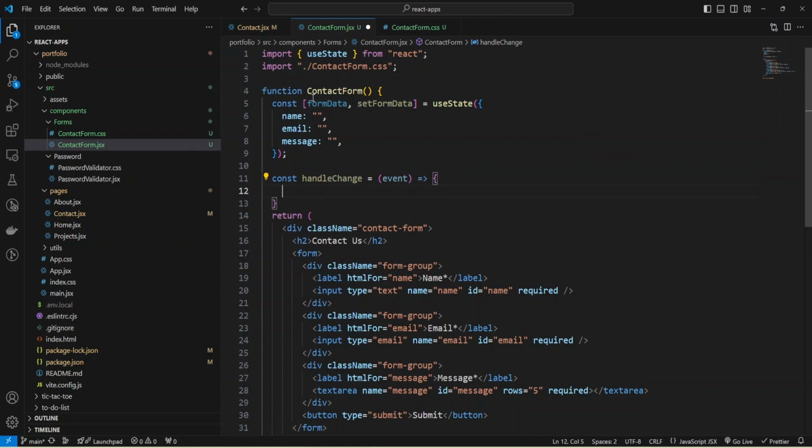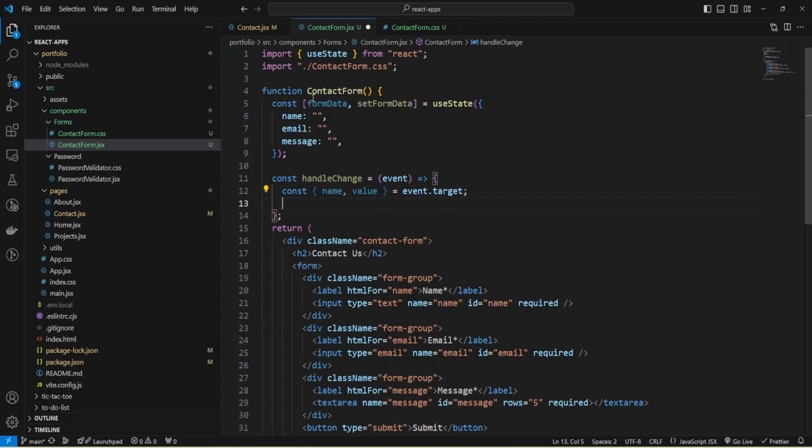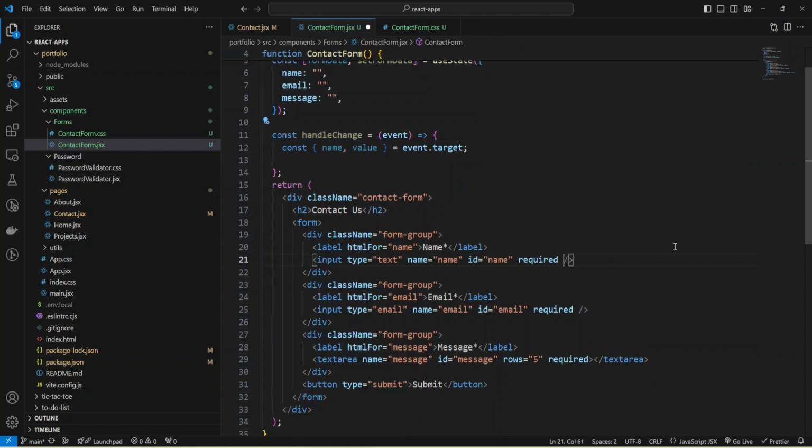The code will be: we get the name and value, const name and value, using object destructuring from event.target. It will be our input or text area, and we will call this handleChange when the user changes the input.